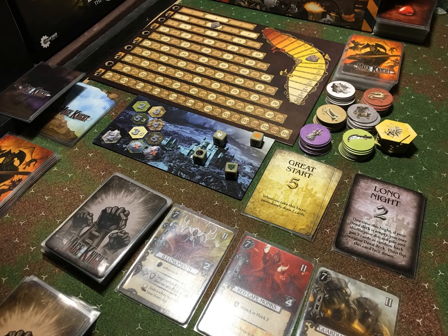Second to that would be character trays, organizers, dashboards. Now, from that perspective, having your character card and maybe some equipment cards and a little life or experience or health tracker, maybe some way to have the dice next to there. I really appreciate that, especially when you're playing a game, and bigger absolutely is better. I mean, I love table hogs. I love a board gaming experience where it's just massive possibilities out on the table. But in terms of managing your character, having that dashboard, having that ability to have everything contained and the cards, that's really big, especially in a multiplayer game where everyone is playing next to you